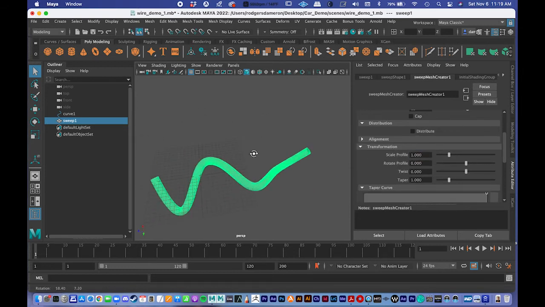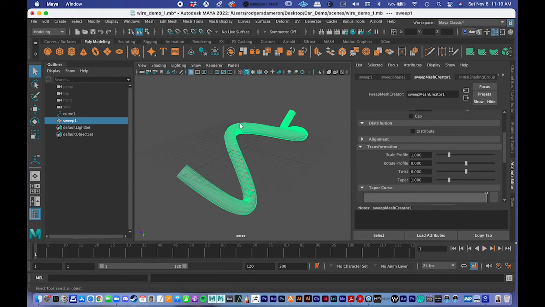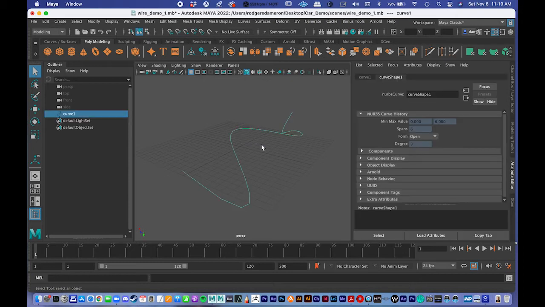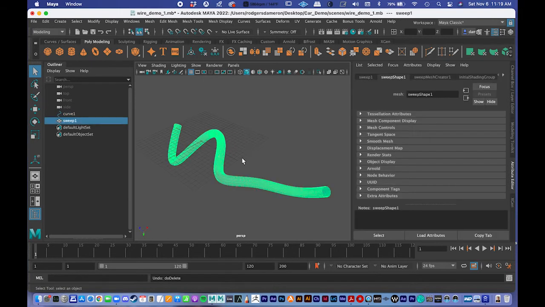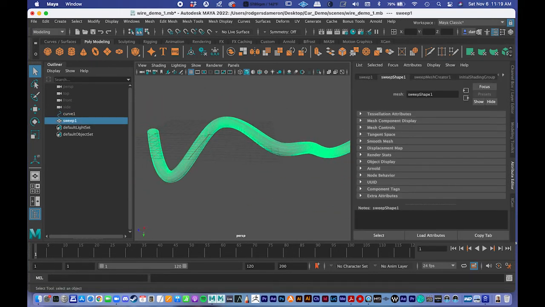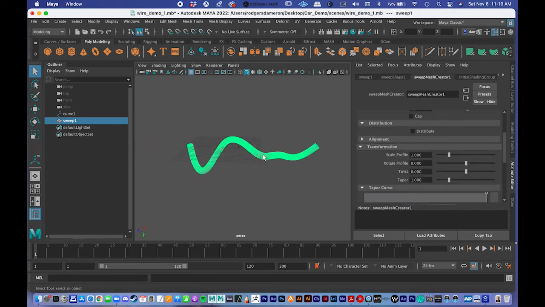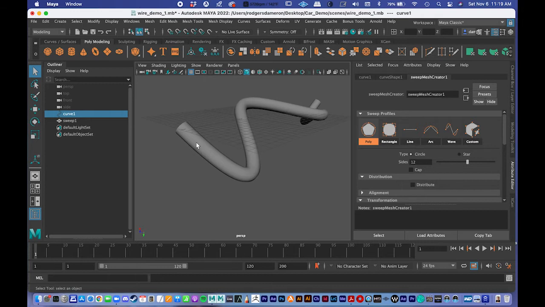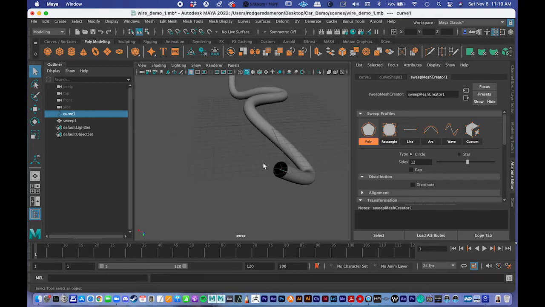But let's just say that we don't want a tube and you want a customized shape here. So I'm going to delete that. I deleted the mesh and I still have the curve here. Oh, before I show the custom shape, just real quick, sorry, I'm all over the place today. Before I talk about the custom shape, this button right here, that's at the top of the sweep mesh creator, one thing that's really cool about this that I really like is,